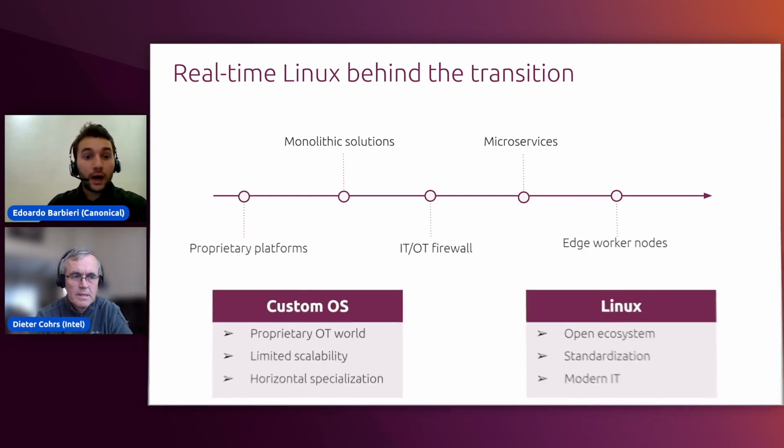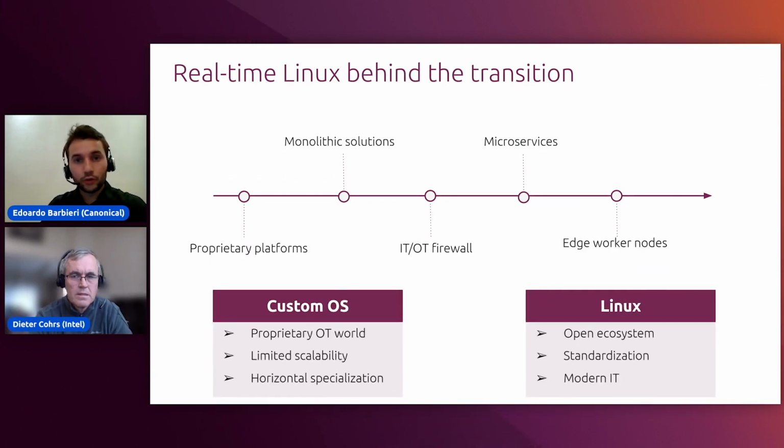So how does real time fit into this picture? The two IT/OT domains that we observe in the modern factories have so far worked separately and with completely different systems. So the firewall between IT and OT is preventing Industry 4.0 solutions from taking place. And to fully benefit from Industry 4.0, the boundaries between operational technology like machine controls, the IT world, and the IoT need to be overcome.